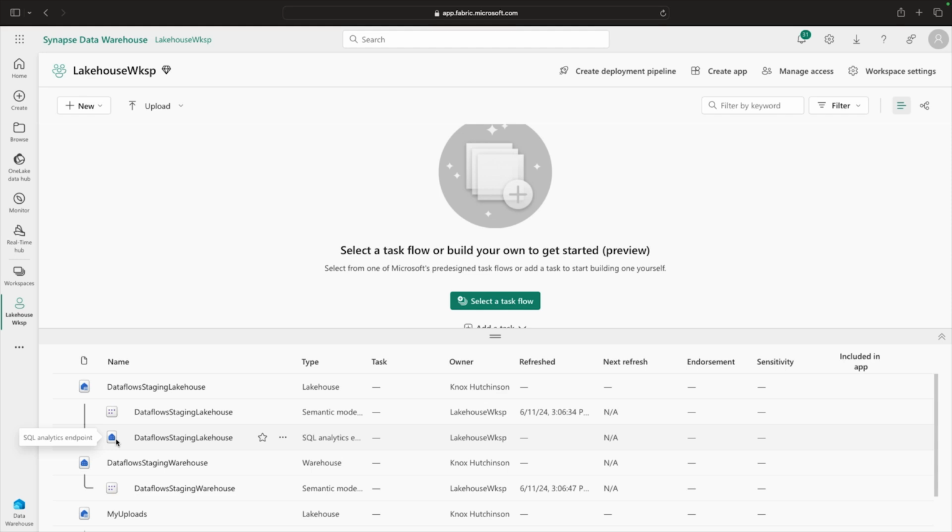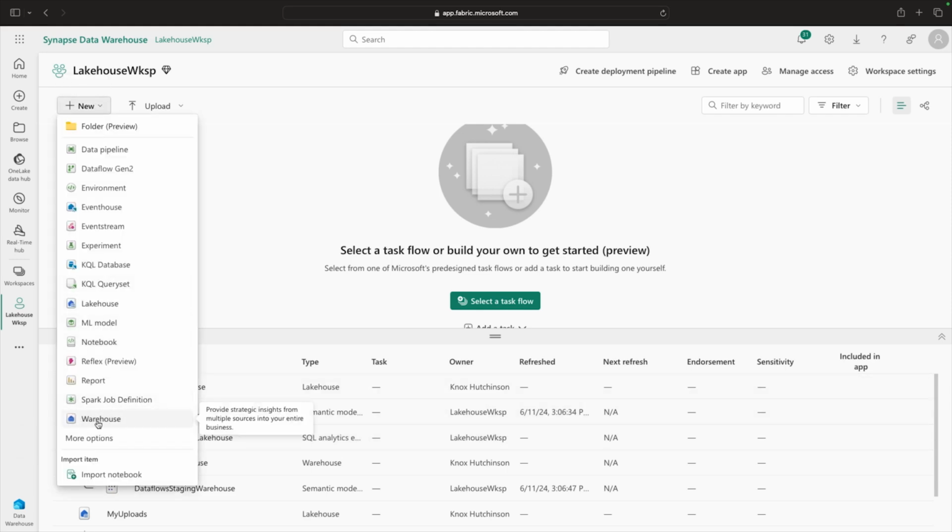The SQL Analytics endpoint, again, is read-only. So even though they have the same symbol, you'll have to trust me that this warehouse right here is for storing data, as it tells you, storing strategic insights across multiple sources for your entire business. This is ultimately, in traditional ETL pipelines, the traditional data destination. Now, the big kickers here, of course, aside from the fact that this is a read-write workload,